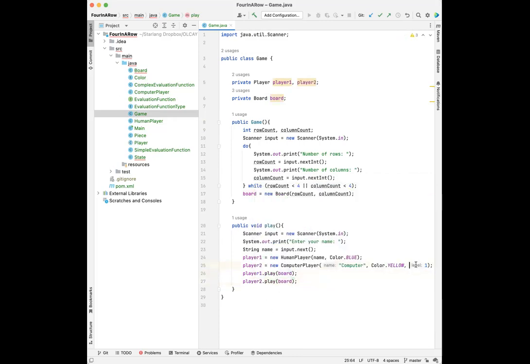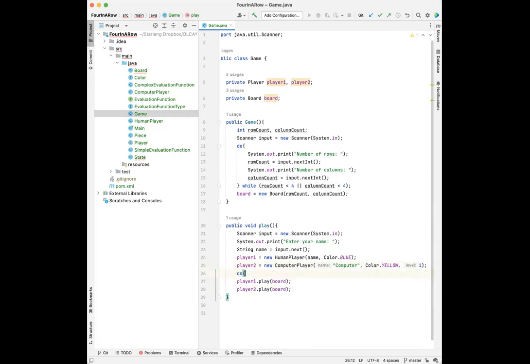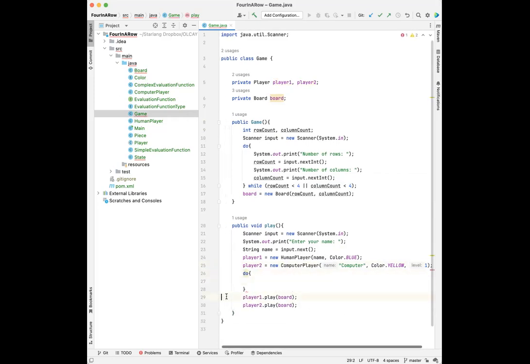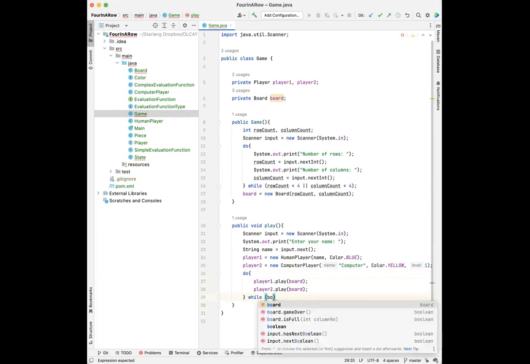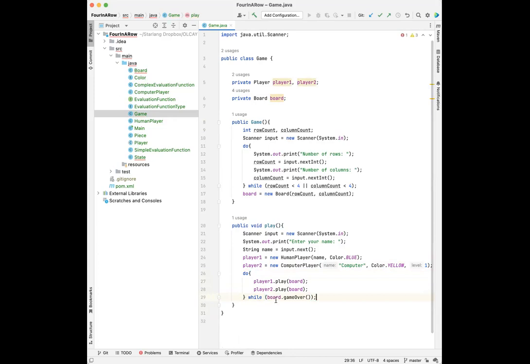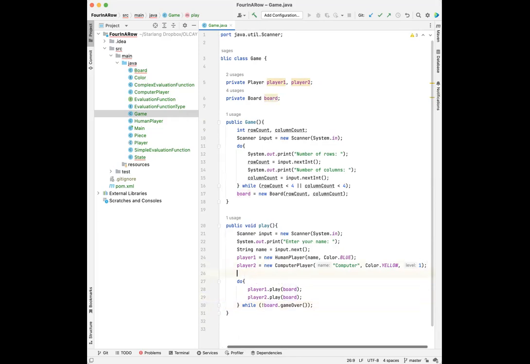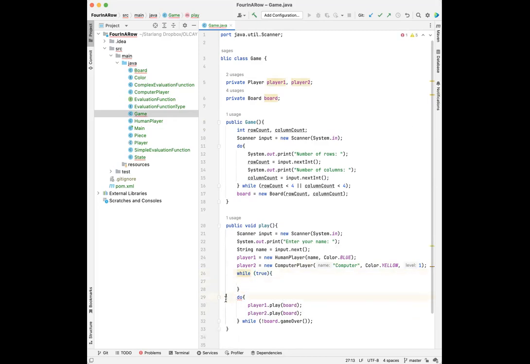And we should do this, do while board not game over. Or we can do something like this. We can have while true, and we can say